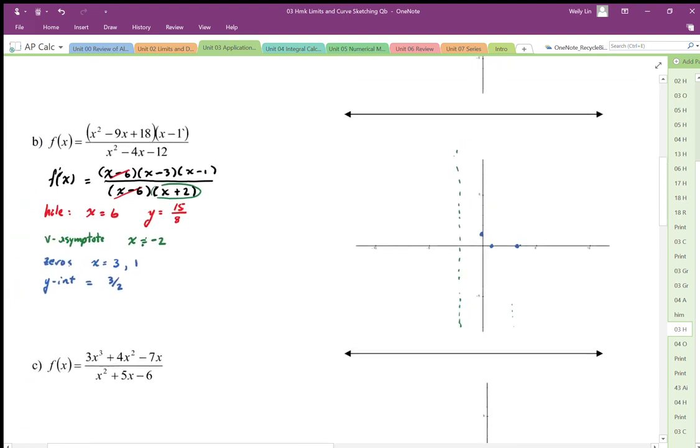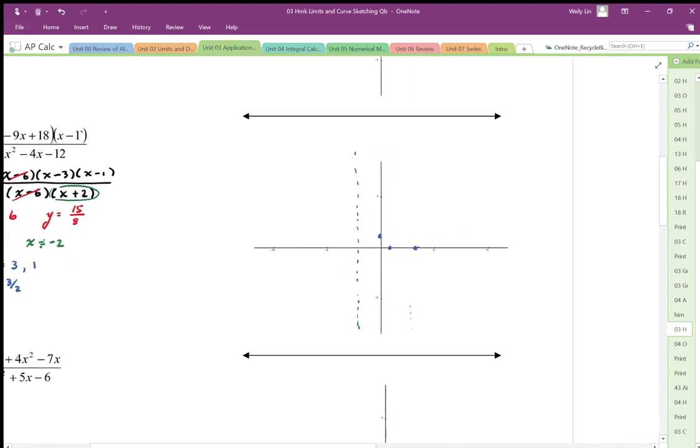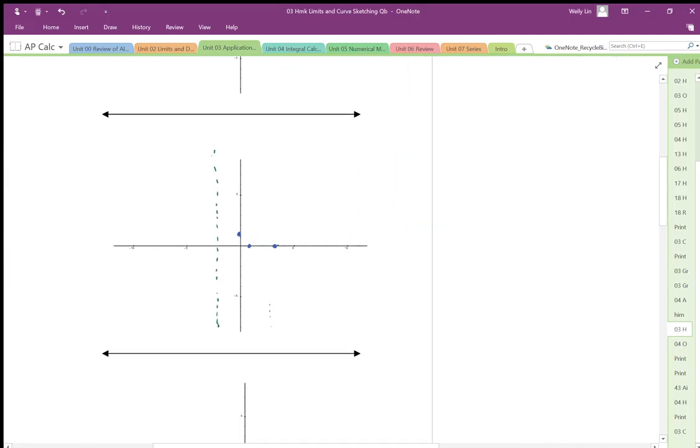So the next thing is I'm going to look at this expression. The numerator is 1 degree higher than the denominator. That means this has a slant asymptote. And a slant asymptote essentially is endpoint behavior, just like a horizontal asymptote. So we want to know what's happening at the end, and to get the slant asymptote, we should do some long division. So I'm going to take that expression, so x plus 2,